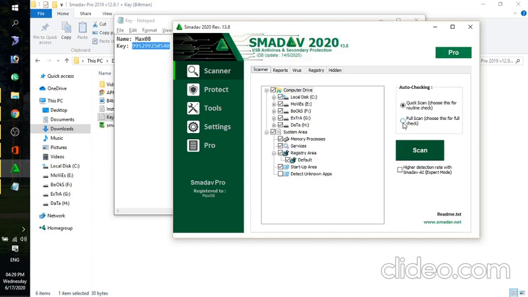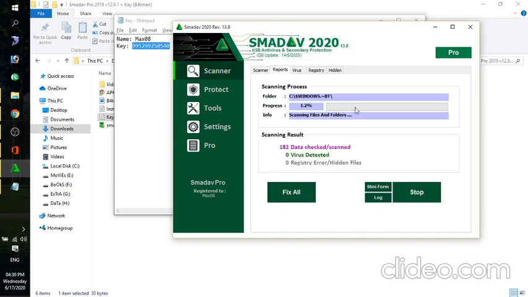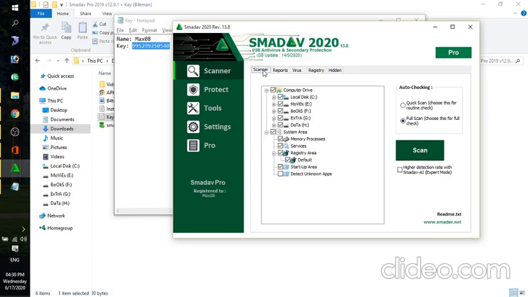You can also go through the full scan as well. So all the drives are checked. Now click on scan, and the PC is being scanned fully. So this is the way you can go through the different types of scanning, like quick scan, full scan, or custom scan.